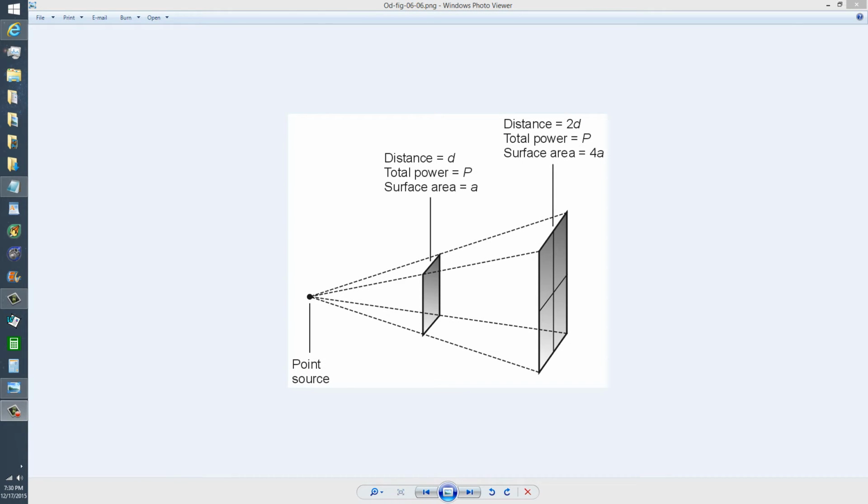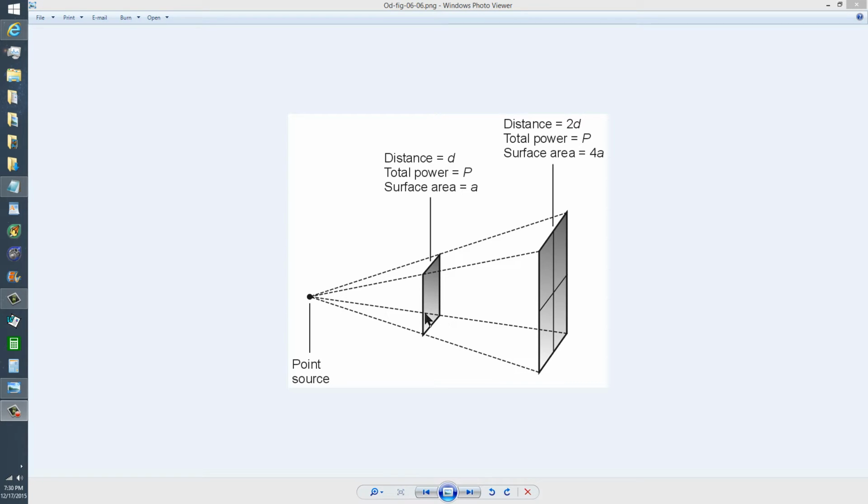Stan Gibilisco here with an illustration of the inverse square law, also known as the law of inverse squares, for visible light. If you have a point source of visible light and an object at a certain distance away, say d, and the total power from that light source is, well, whatever it may be,